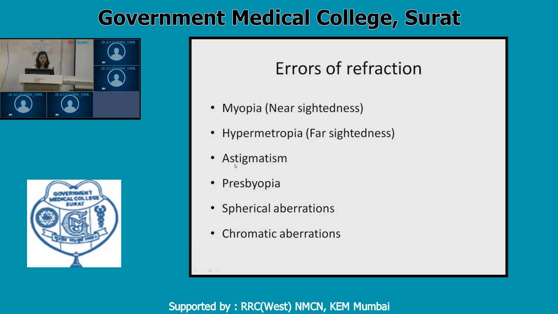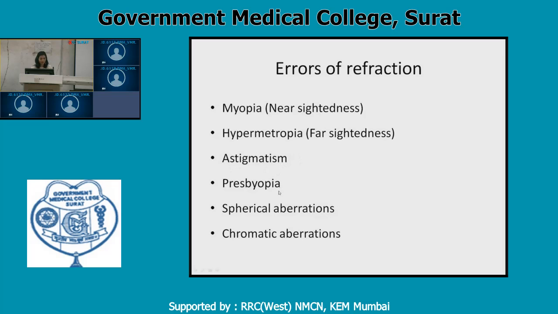When they try to focus on a nearby object, the image is formed behind the retina. The third one is astigmatism, which is again very commonly seen. What happens in astigmatism is the lens is not completely spherical, but oblong, having different focal lengths or different power in different planes. So light falling from different planes does not focus at a point but at different planes. For correcting this, you need a cylindrical lens. We'll see what astigmatism is in detail later.